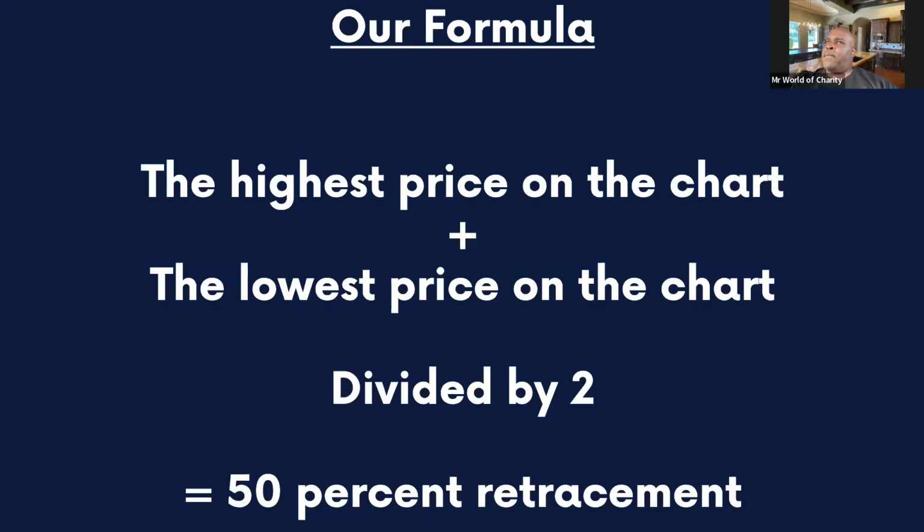You say it again. We come on the chart trying to determine where the 50% retracement level is. The formula we need to understand and use: we want to find the highest price on the chart, then the lowest price on the chart. We know Barchart helps us find it by using this little half moon. We take those two numbers, the highest price and the lowest price, add them together, take that total and divide it by 2, and this will tell you the 50% retracement on that chart.